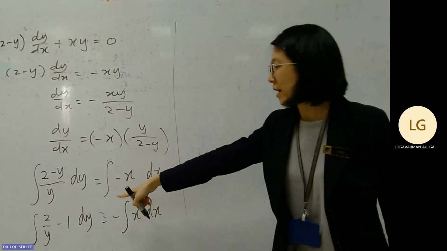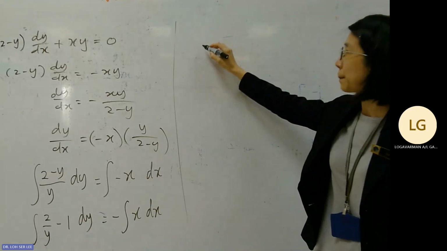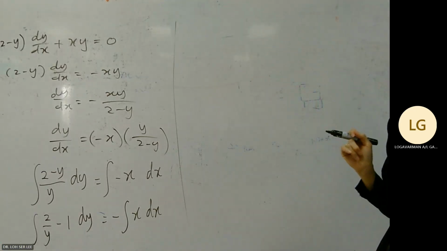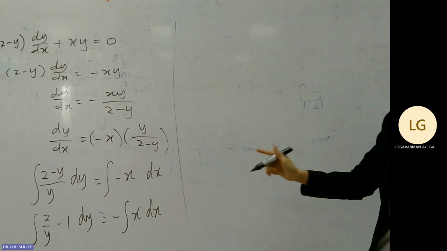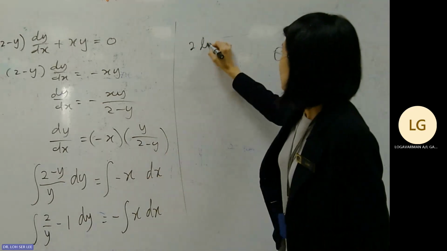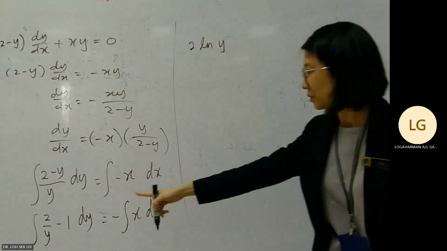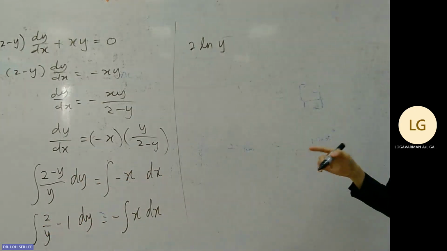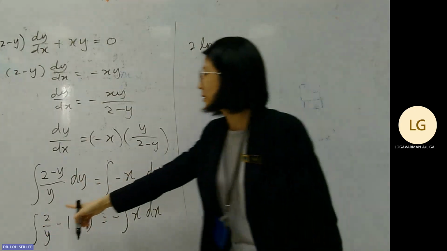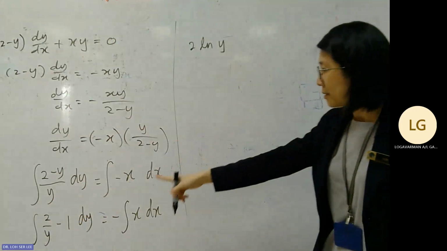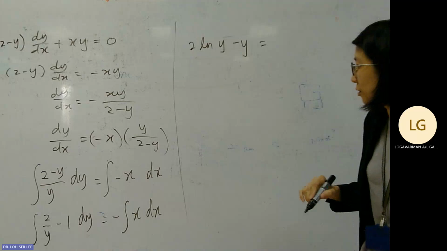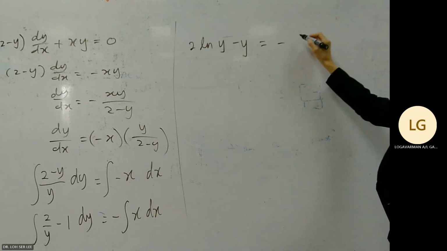So integration of 2 over y with respect to y, you get 2 log y. 1 over y, when you are integrating over y with respect to y, you get log y. Okay, now you have 2, so 2 log y minus y, okay, equals to negative